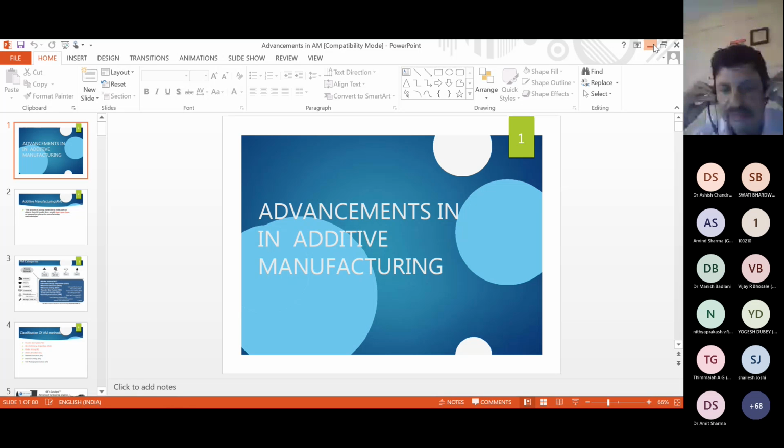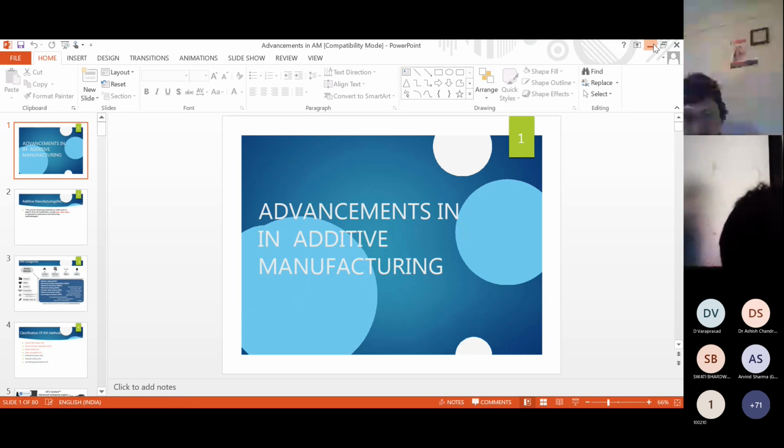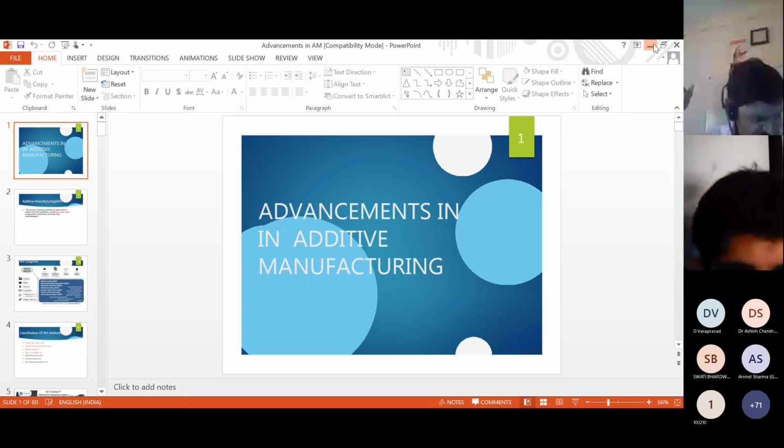So my doubt is actually, can we use these things in manufacturing ICs also? Integrated circuits, which are generally used in electronic circuits. 3D printing is mostly used in electronics, like PCBs, ICs. Yes, sir.